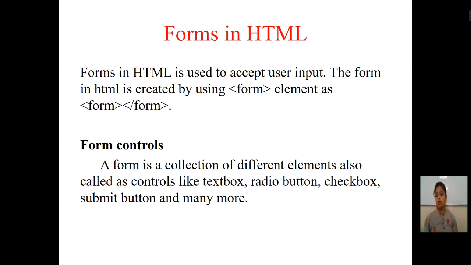Now next is the form controls. What is the meaning of form controls? Form controls मतलब ऐसे different elements जो आप form design करते वक्त या फिर form create करते वक्त use करते हो. जैसे हमने अभी देखा है कि अगर नेम रहेगा तो सिंगल लाइन रहता है, एड्रेस में आपको मल्टी लाइंस दी जाती है. जब आप जेंडर सिलेक्ट करते हो तो आइदर एट अ टाइम आइदर मेल या फीमेल सिलेक्ट होता है, दोनों एट अ टाइम सिलेक्ट नहीं होते. तो ये डिफरेंट कंट्रोल्स रहते हैं जो हम फॉर्म डिजाइनिंग करते वक्त यूज करते हैं. सो डिफरेंट कंट्रोल्स कौन से हैं यहाँ पे दिए? टेक्स्ट बॉक्स, रेडियो बटन, चेक बॉक्स, सबमिट बटन एंड मेनी मोर. तो ऐसे बहुत सारे डिफरेंट टाइप्स हैं जो आपको स्टडी करने हैं, जो फॉर्म्स के कंट्रोल रहेंगे. डिपेंडिंग अपॉन कौन सा फंक्शंस आपने डिफाइन किया है, उस हिसाब से आपका वो एलिमेंट यूज आउट होगा. सो द डिफरेंट कंट्रोल समझ में आया कौन से कंट्रोल्स है? टेक्स्ट बॉक्स है, रेडियो बटन है, चेक बॉक्स है, सबमिट बटन एंड मेनी मोर.